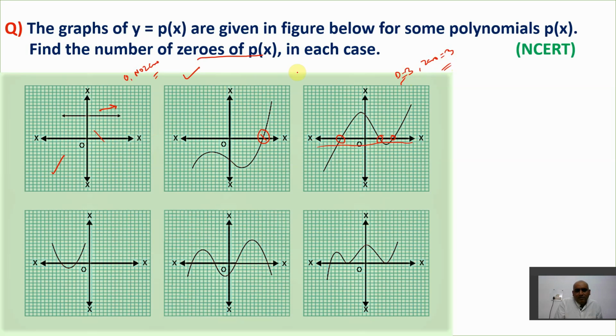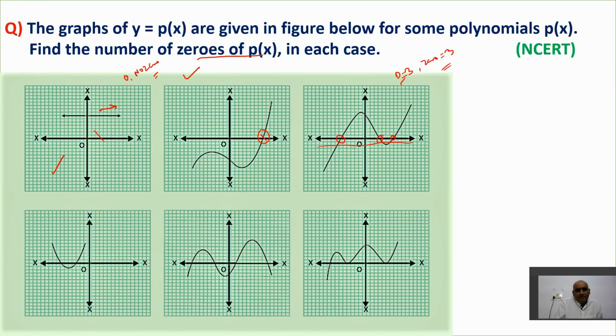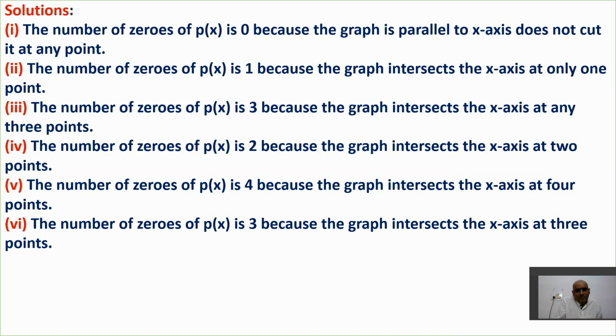So I have explained 3 questions with you. The next 3 you have to do by yourself. This is the homework, and after solving this, the solutions are here. You can check from the solutions here. First of all, try it by yourself. If you still find difficulty, check the solutions. I don't think you require any solution now, because I think it's very simple. First solve it by yourself and then check the answers.